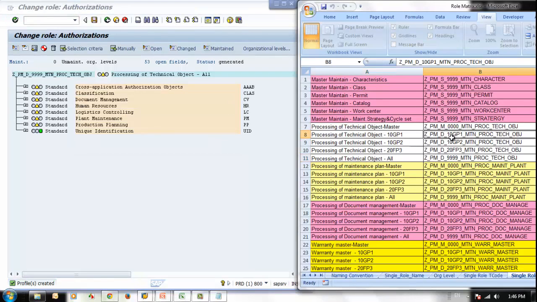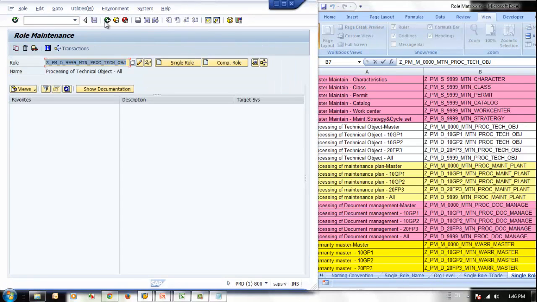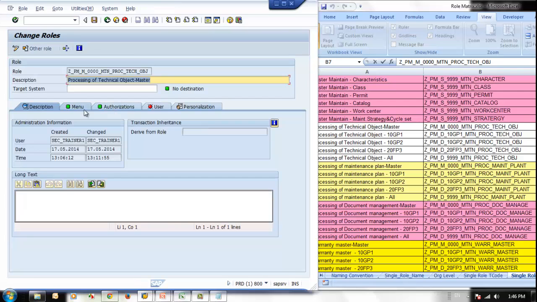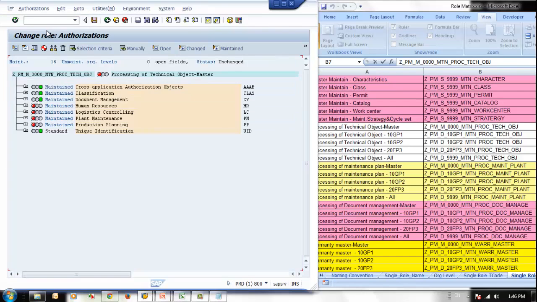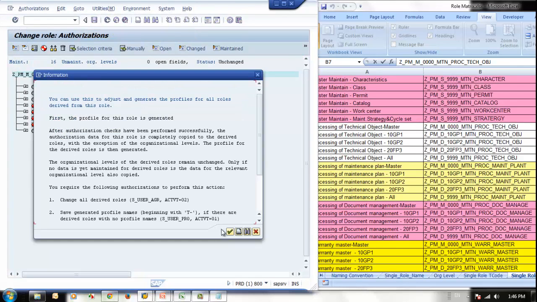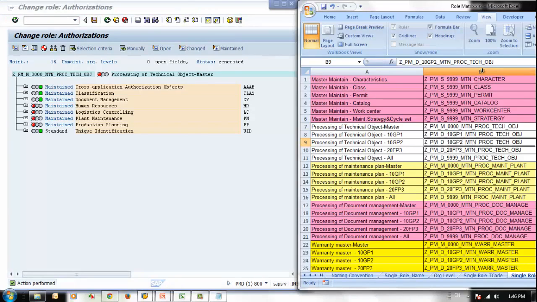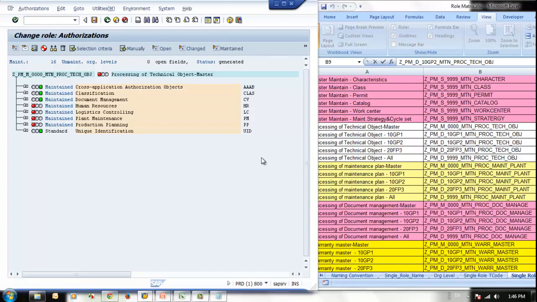We created all these derived roles. Now we have quite a few yellow traffic lights here, so let's fix that. Go to master role, go to change, and go to authorization, and say generate derived role. Fine. I have all authorization, then say generate. You can see it's generating one by one, and I go to any one of the derived roles, open another session,